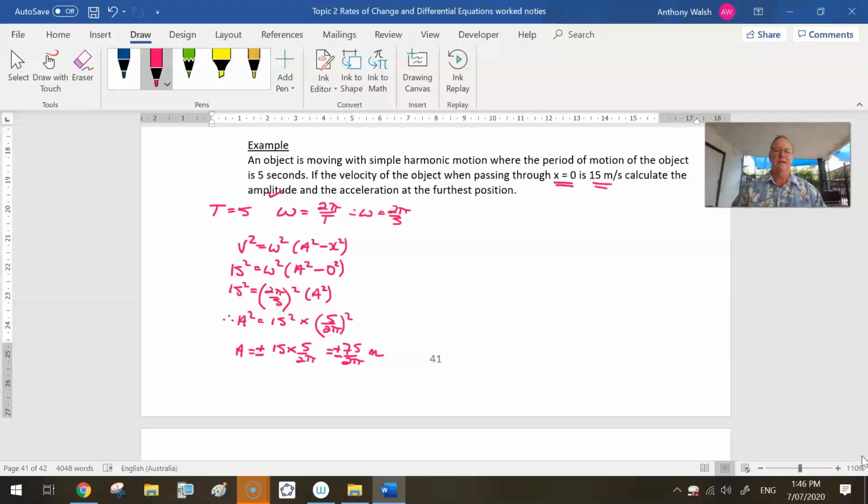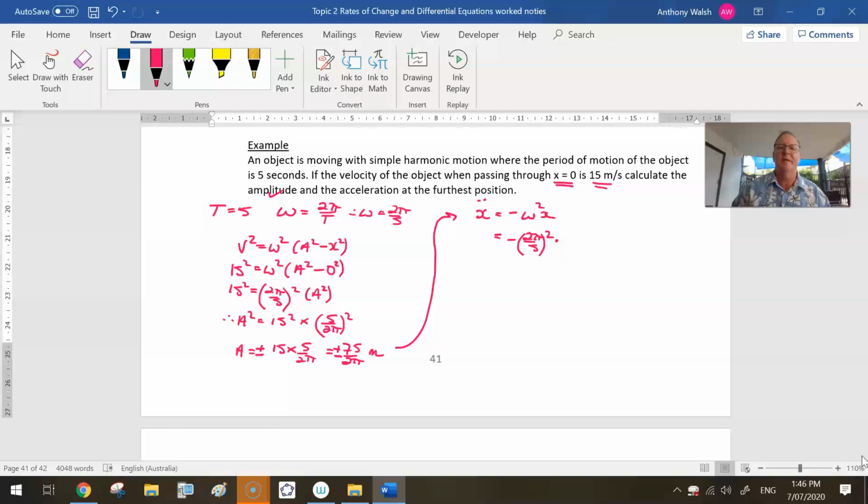What about acceleration? Well, the other thing that's on our formula sheet is acceleration, x double dash, is equal to negative omega squared by x. So we know what omega is. We just worked out it is 2 pi on 5, and that is squared. And